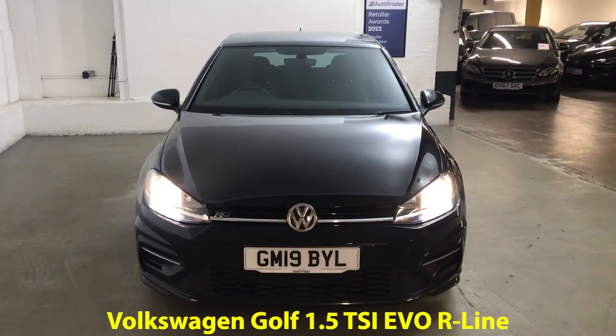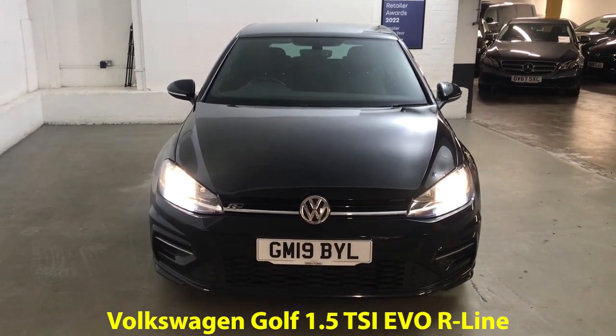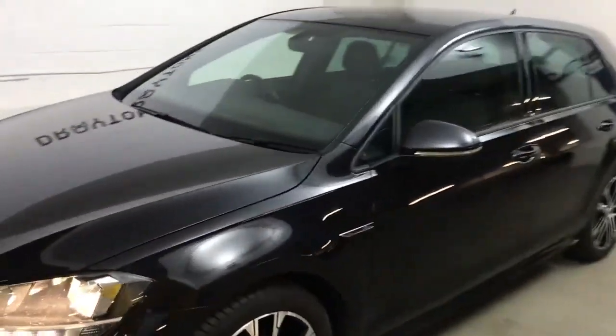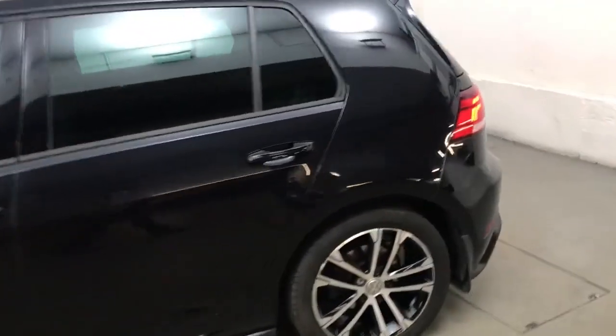Here we've got a Volkswagen Golf 1.5 TSI EVO R-Line, finished in deep black pearl effect paint. All the wheels and tyres are in very good condition. These are 17-inch diamond cut alloys